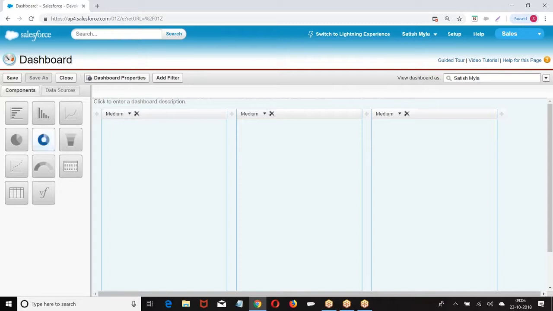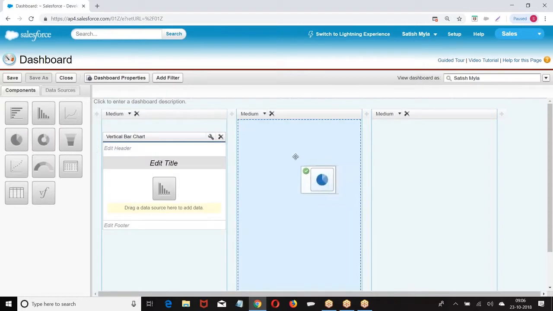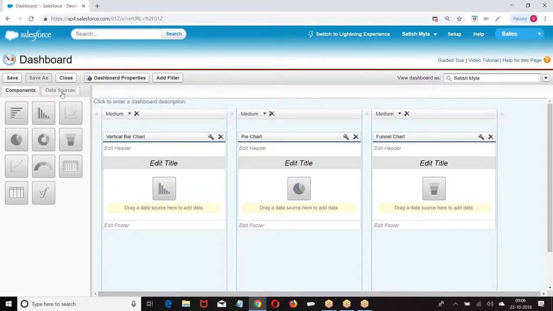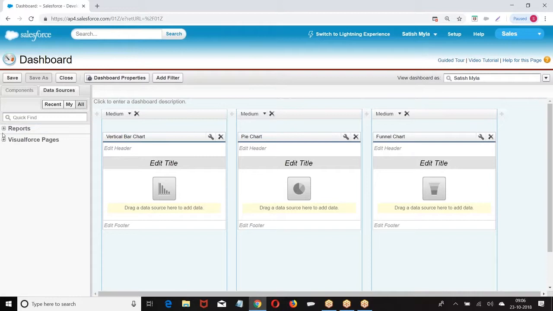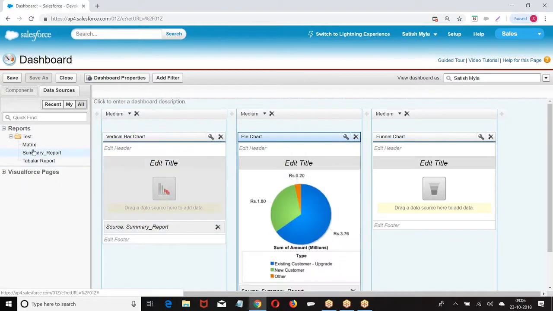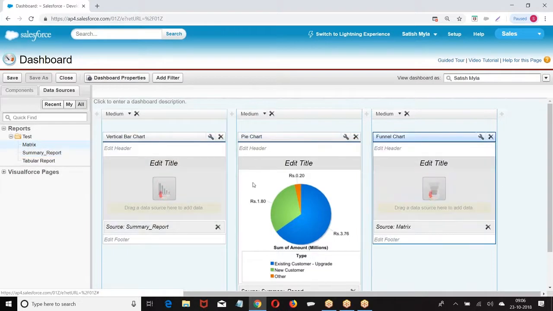Now what I need to do, simply select the component. Select the component, go to data source, choose the data. Choose the data, drag and drop.